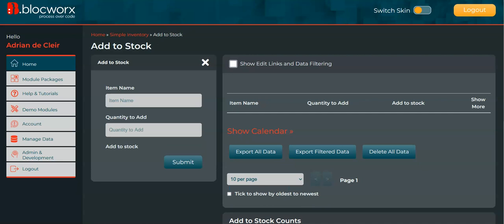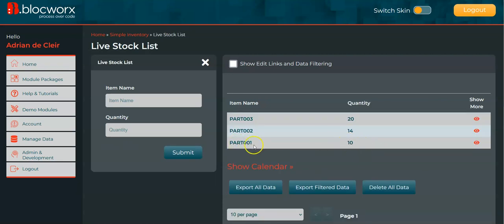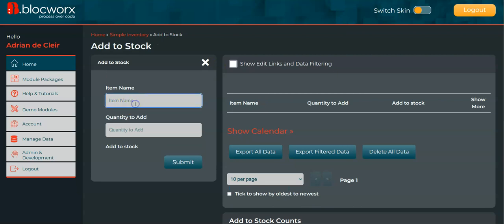And now I'm back to add to stock. So the first thing I'll do is, let's say we'll add 5 to part 001. So part 001, 5. That's the field. We can actually hide that visually as well, but it'll still work. And when I press submit,